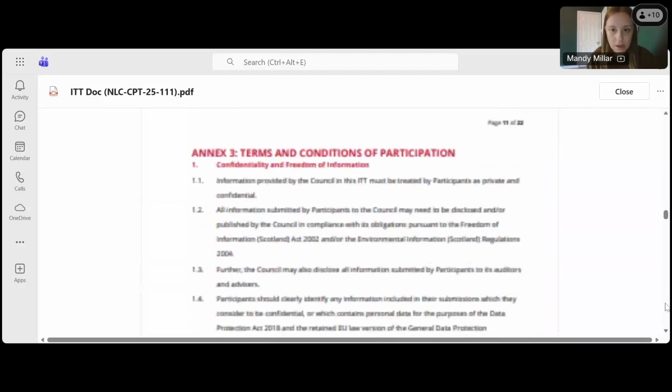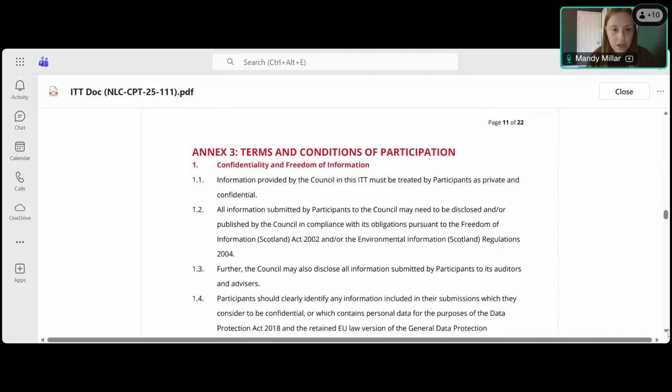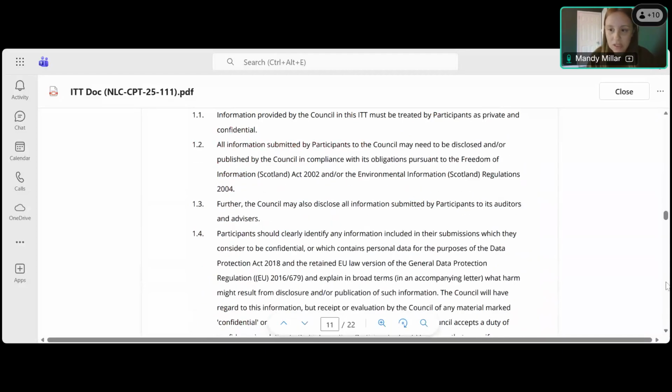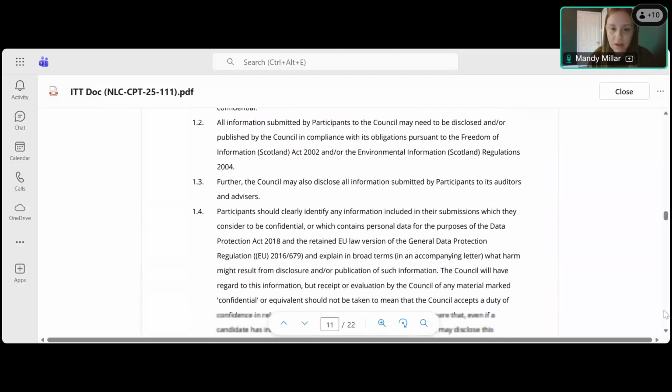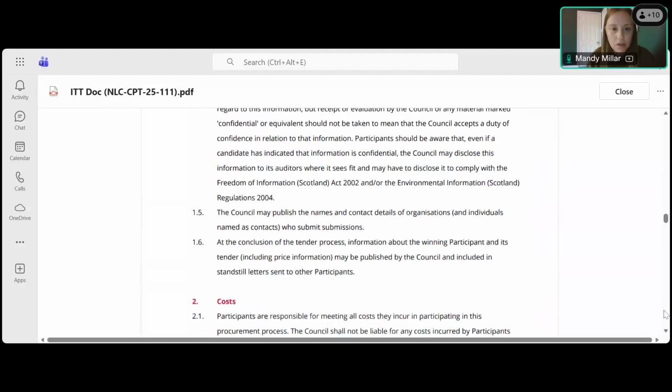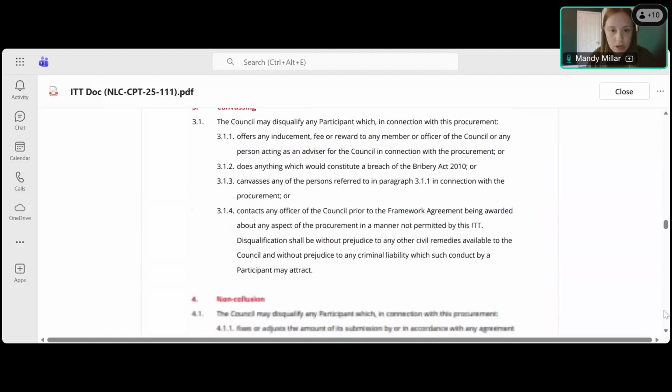So skip down past. So we've got the terms and conditions of participation. Again, this is all the legal stuff, the things that you need to comply with. I won't go into those in detail. And what I'm trying to find